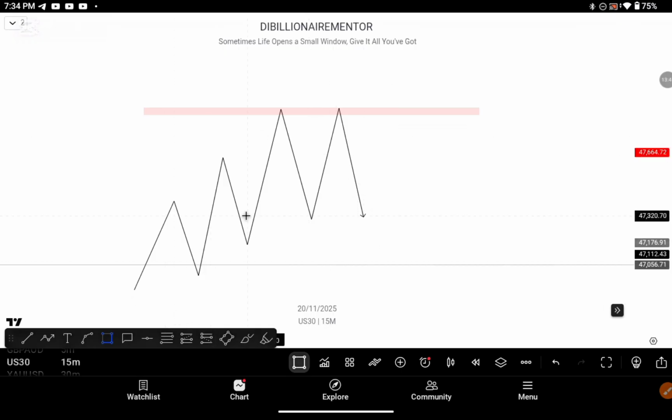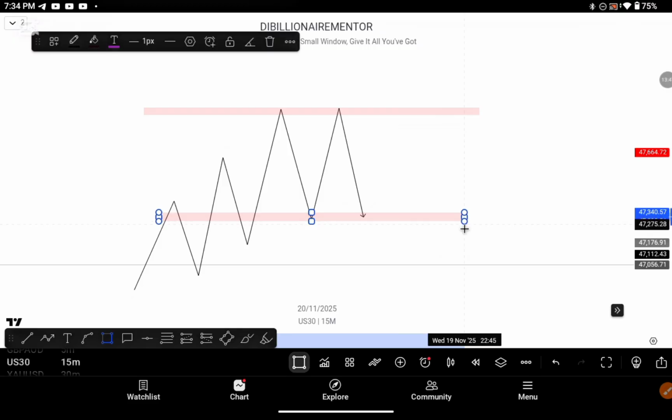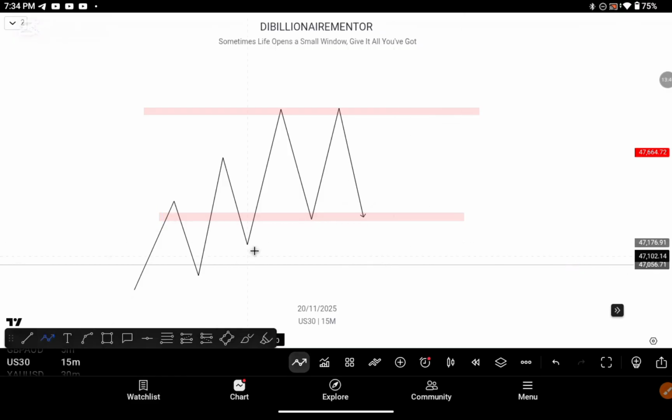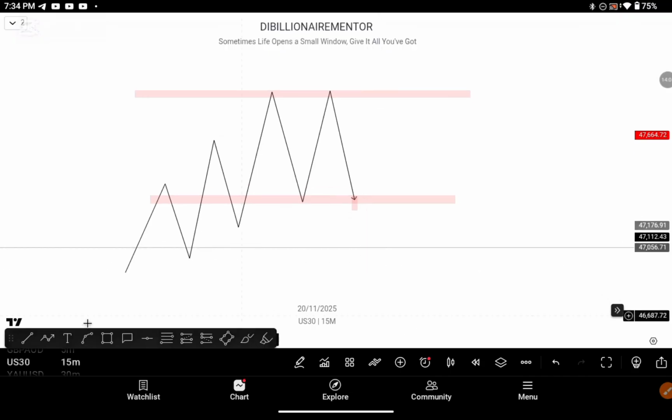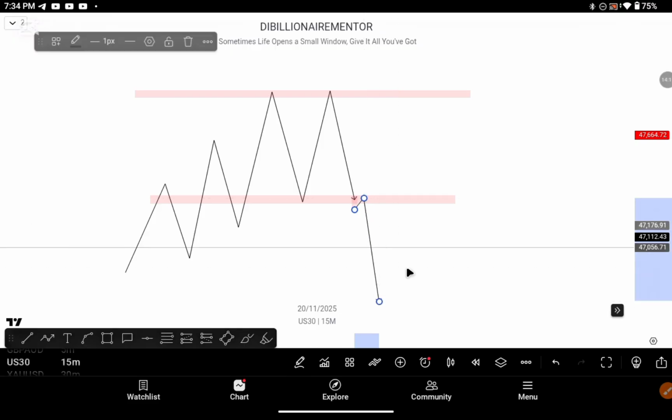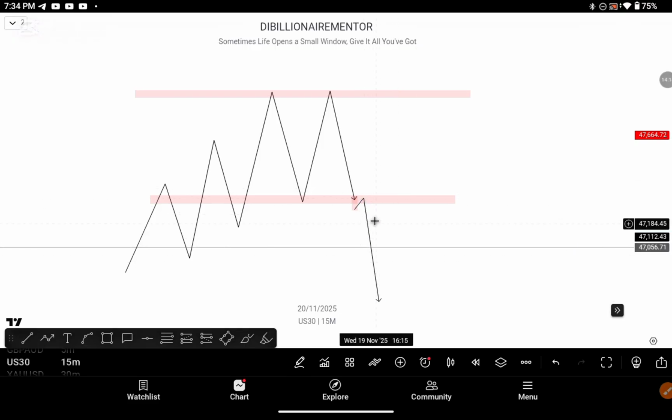So this is my neckline. This is my neckline. What I want is for the price to close below it with a full body candle close. Do you understand? I want this to close below the neckline with a full body candle close, not with a wick. I repeat, not with a wick. So you could immediately enter here. You can immediately enter here, or wait for a retest. If you want to be conservative enough, you wait for a retest,